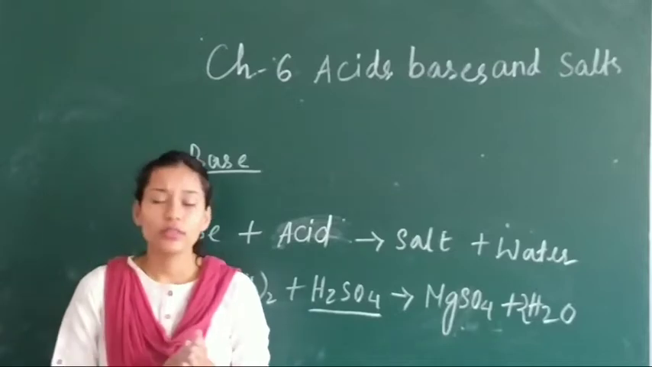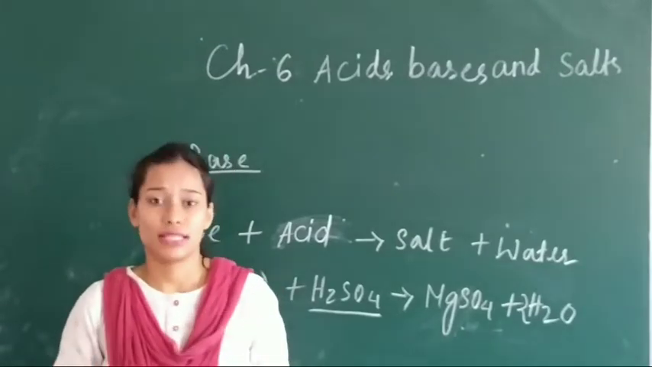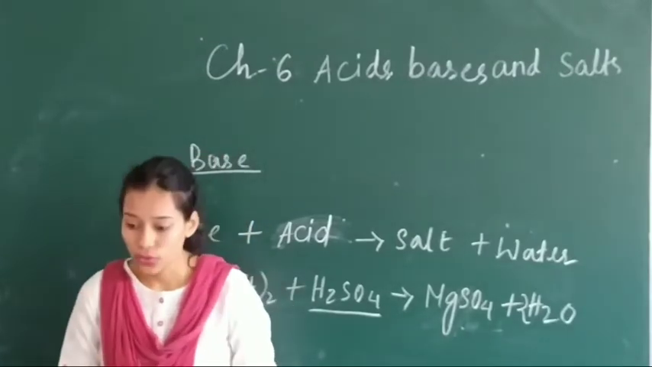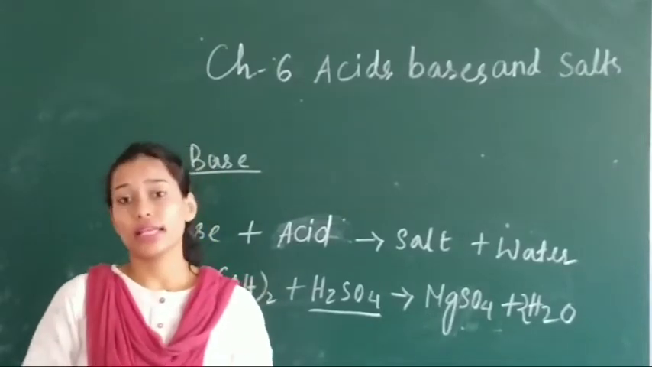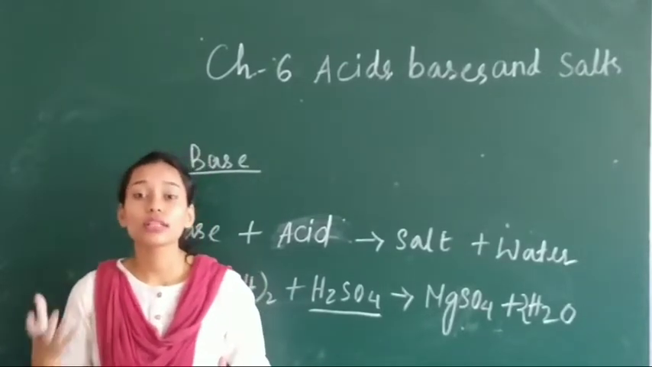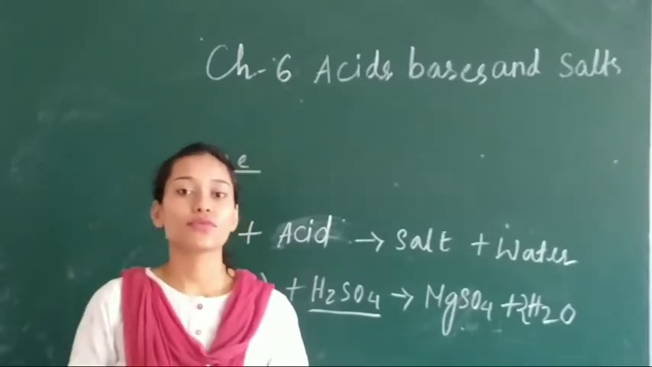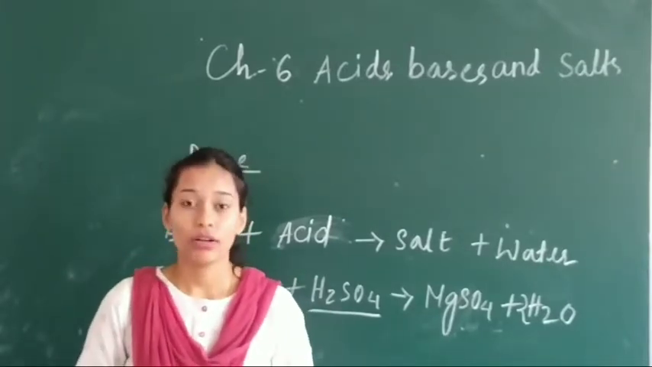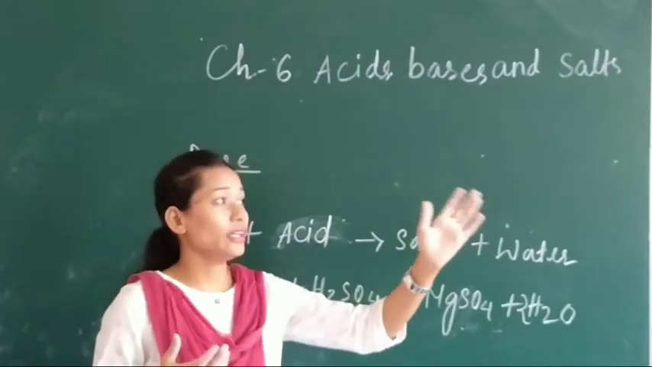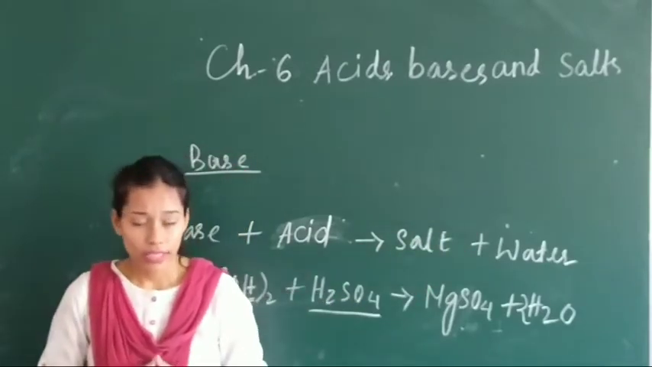So now we will discuss the uses of bases, where these bases are used. See, calcium hydroxide, usually known as slaked lime, where is it used? It is used in cement factories for making cement, okay, and for plasters on walls, mortars, okay, and it